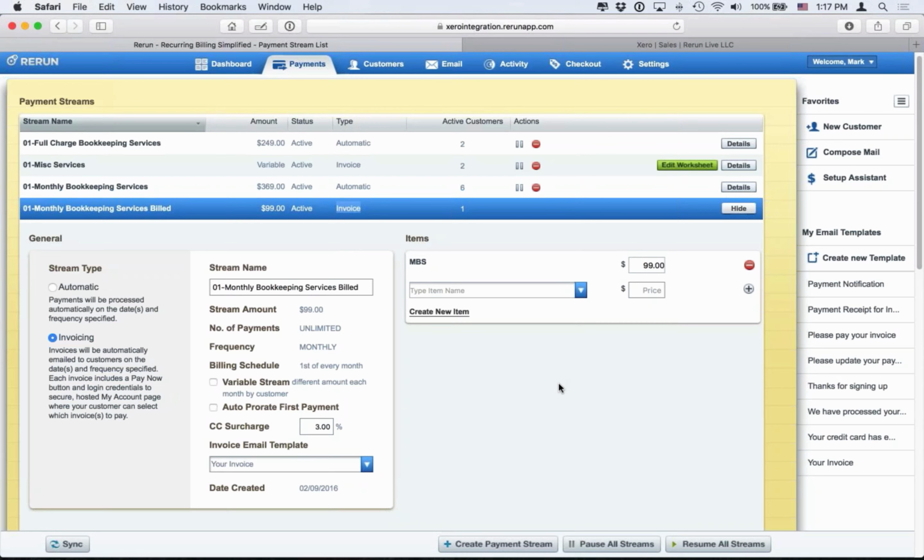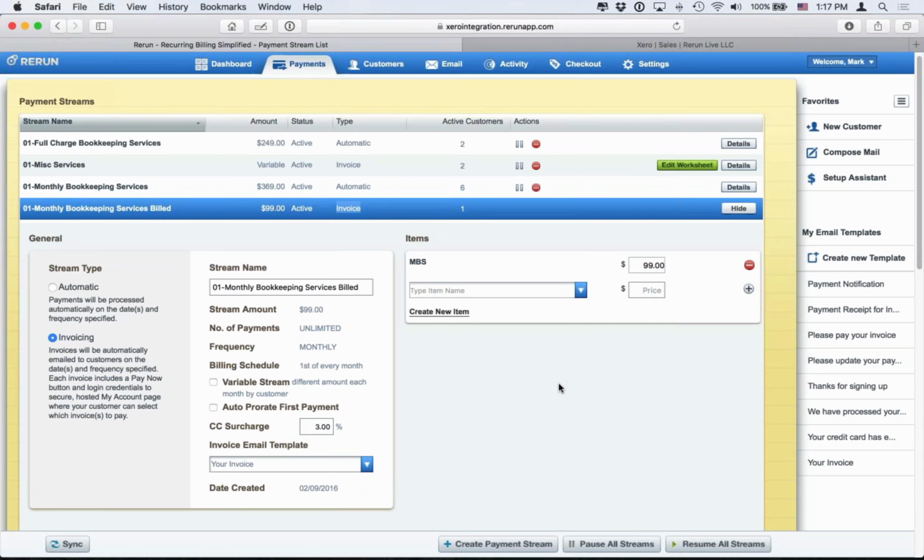And each of those transactions will include a Pay Now button, so the customer can simply click on the Pay Now button, log into their own private portal, and the first time they log in, they'll put credit card details in if you haven't already done it at their payment method within the Customer tab. And they can put their own payment information in, and this allows them to actually see their open invoices and